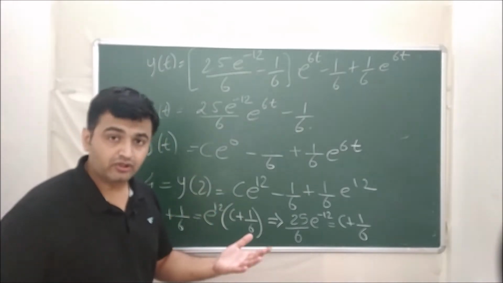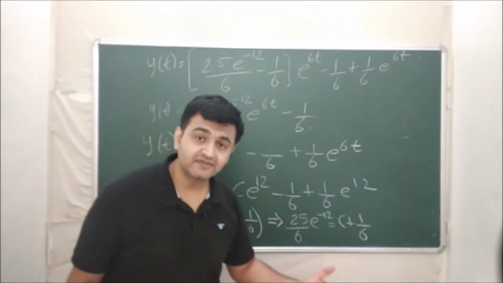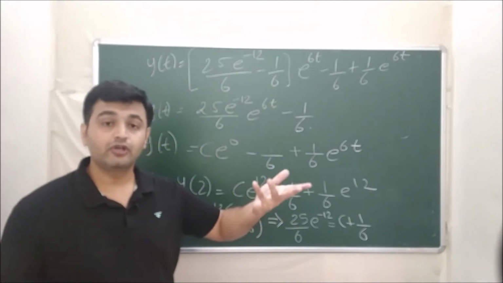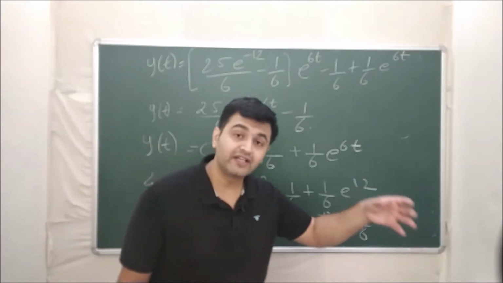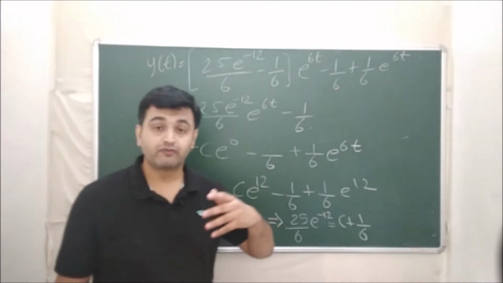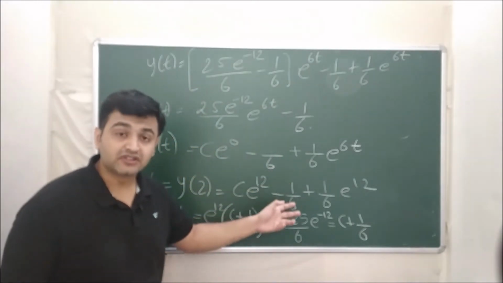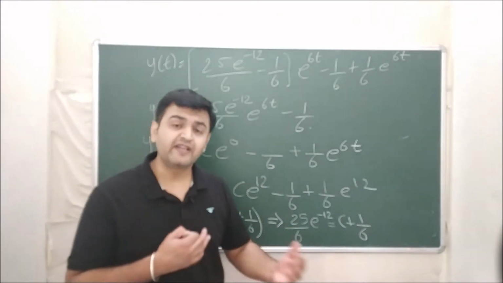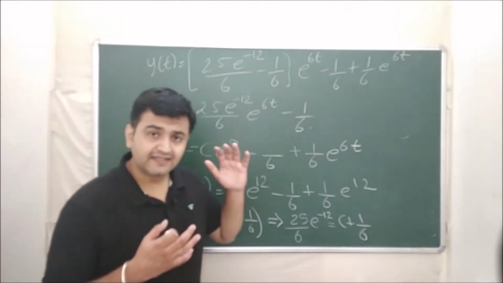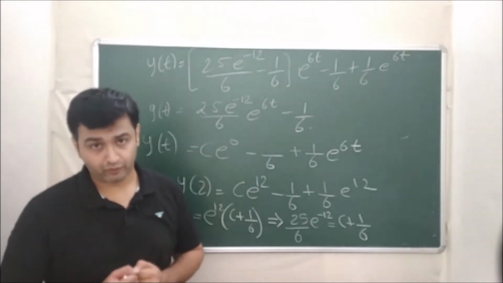Suppose you have a second order equation, you will have y of 0 and y dash of 0 as unknowns. If you have third order, you will have y of 0, y dash of 0, y double dash of 0 as unknowns. So you will call them a, b, c respectively. Then in the calculations you will have three constants, and things might become very complicated as you go for higher order initial value problems.